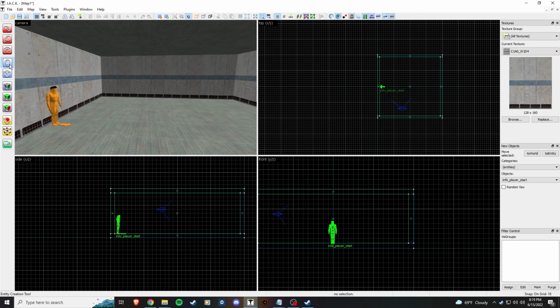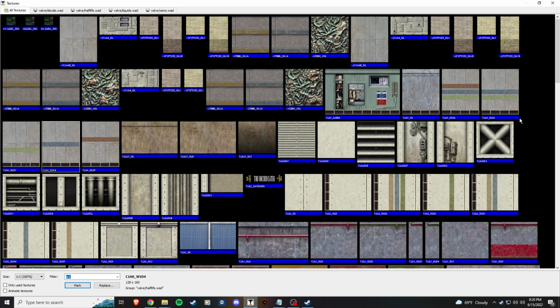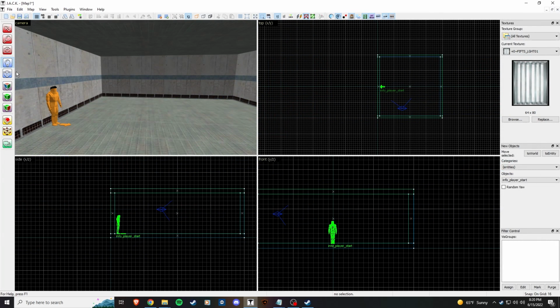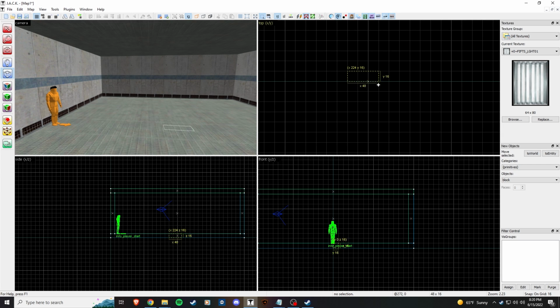So we're going to do a light. So if we go +0, those are your active textures. I like these 50s lights is what the name stands for. And that's what I'm going to choose. And we can see that it is 64 by 80. So I'm just going to create a 64 by 80